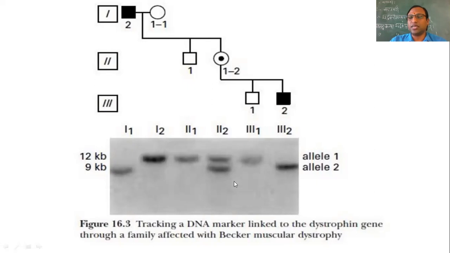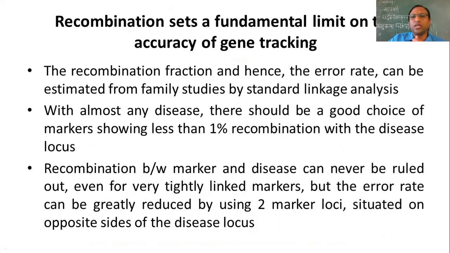So from this DNA analysis, you can also analyze whether the particular sample is normal or a deformed one. This gives us a mapping and a pedigree structure, and a good idea of how the direct and indirect testing give a good result for gene tracking of the particular loci. So the recombination sets a fundamental limit on the accuracy of gene tracking, that is the recombination fraction, and